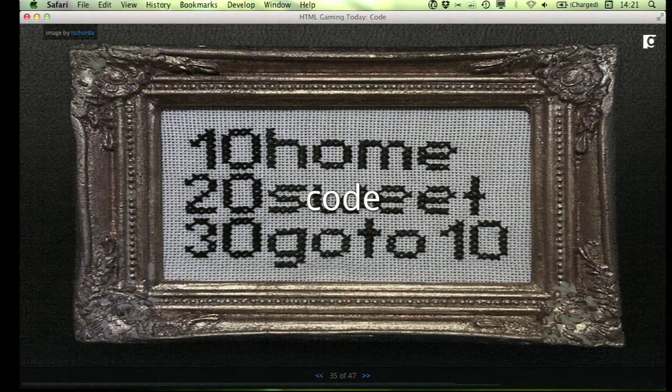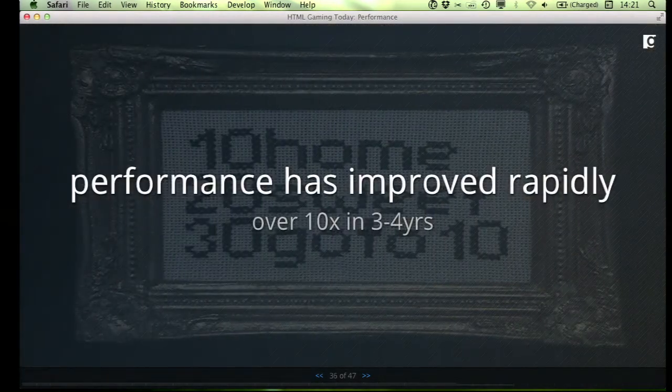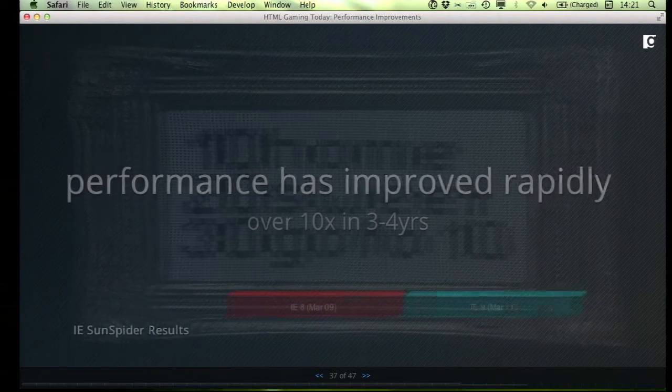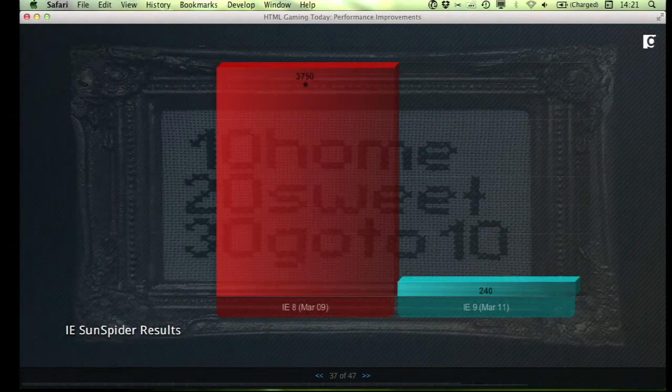Of course, we're going to have to write a lot of code, right? We're building a game. There's a lot of code that's going to have to get generated. And the good news is performance has gotten way better with JavaScript. In the last 3 or 4 years, average, I'd say, is about a 10x increase. Obviously, it depends on which browsers we're looking at. The real standout, although part of this is because it used to be really bad, is about a 15x increase in performance between IE8 and IE9, over the course of about 2 years.